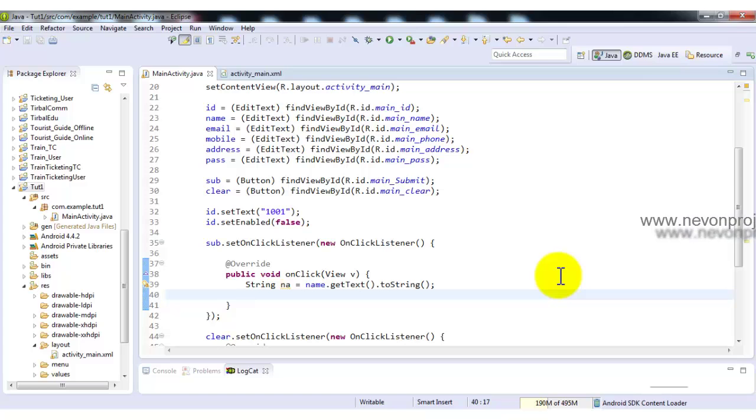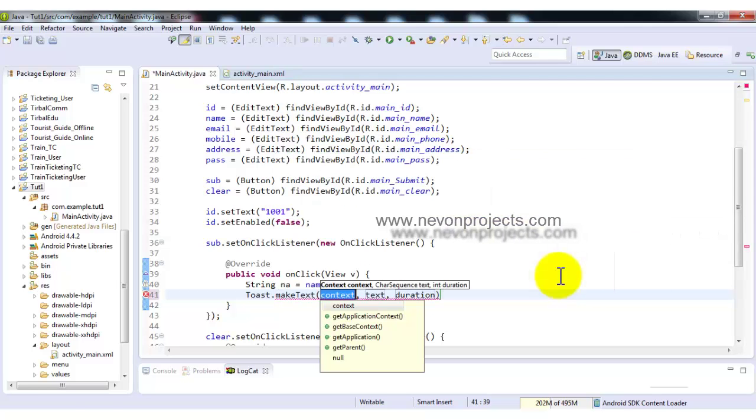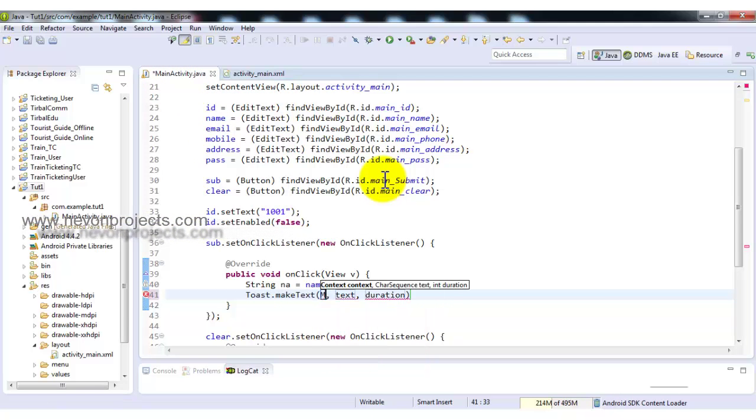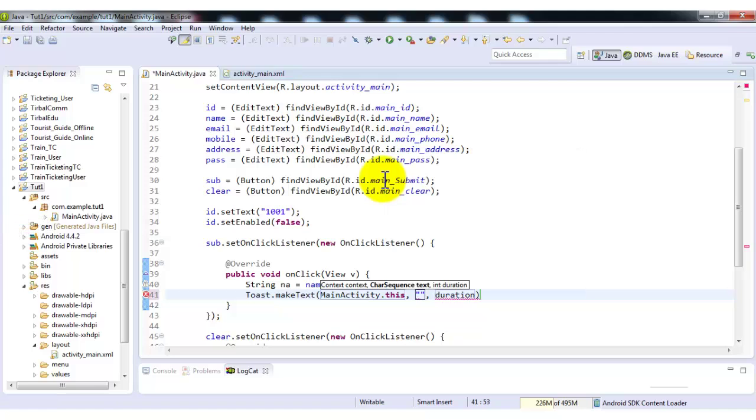Let's see how to create a toast. We'll say Toast dot make text. In context we'll pass our class name or activity name. Here we have main activity as our class, so we'll say main activity dot this, and we'll enter the text which we want to display. So name, entered name is,